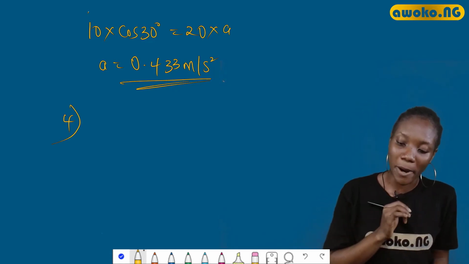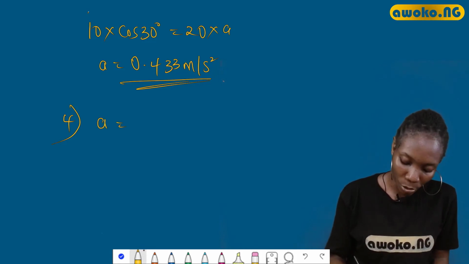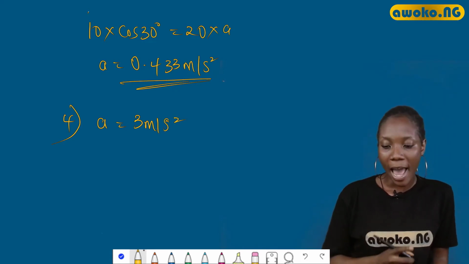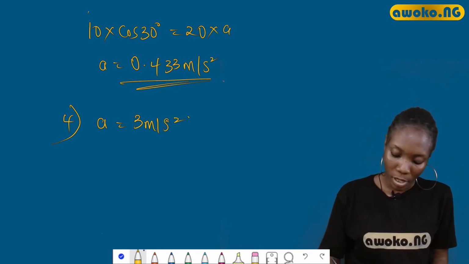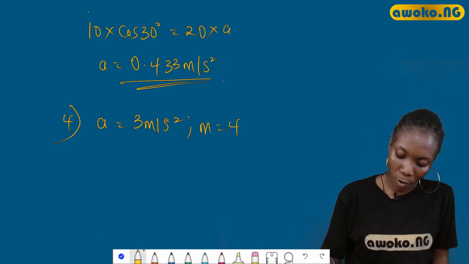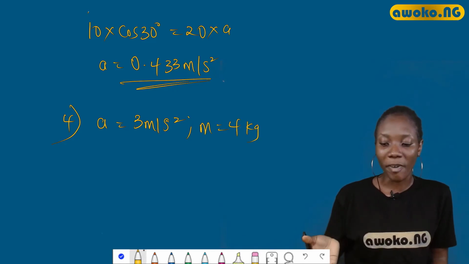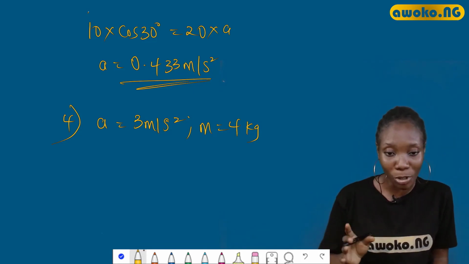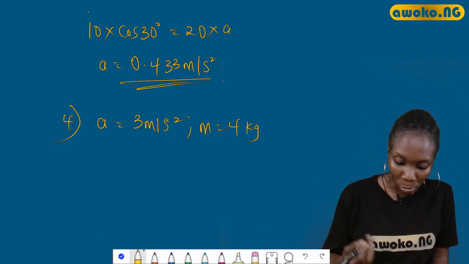Okay, now the first parameter given to us is the horizontal acceleration, which is A, giving us 3 meters per second squared, right? And the mass of the body given was 4 kg. Now we're asked to find the resultant horizontal force. To me, I feel this is easy. By now, someone should have gotten the answer already. We'll still do it together.